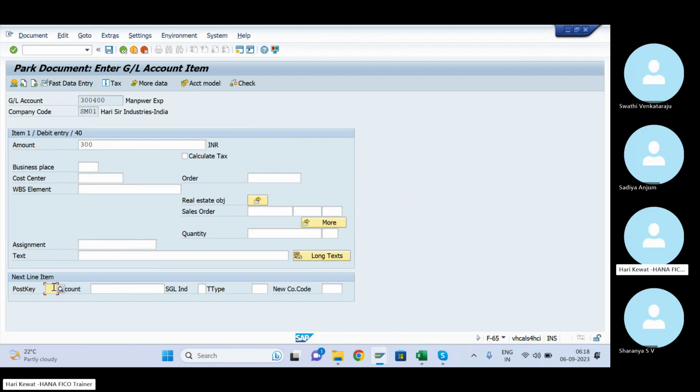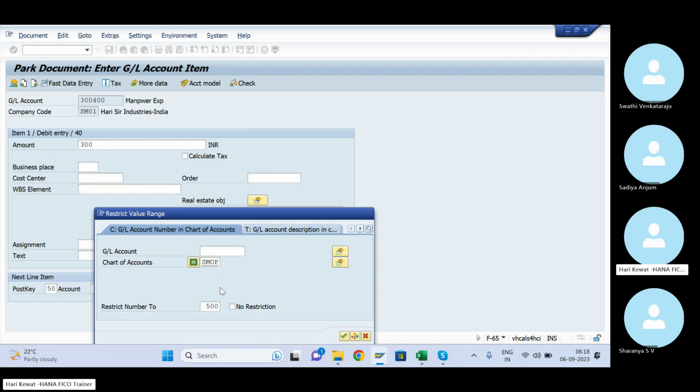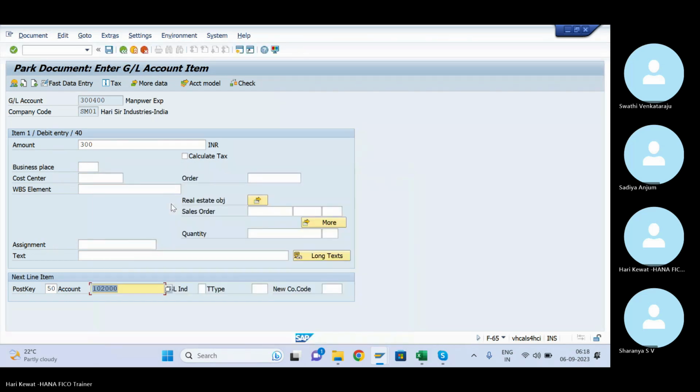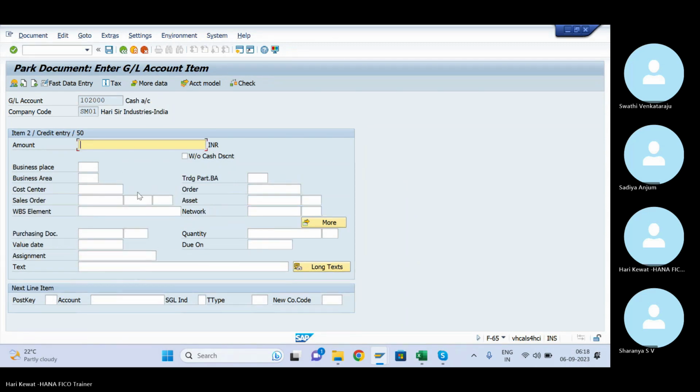Not post, sorry, it is parked, so don't get confused. I'm doing the parking of the document. For cash account, you can write the text like labor charges paid, 300. See, it is park.